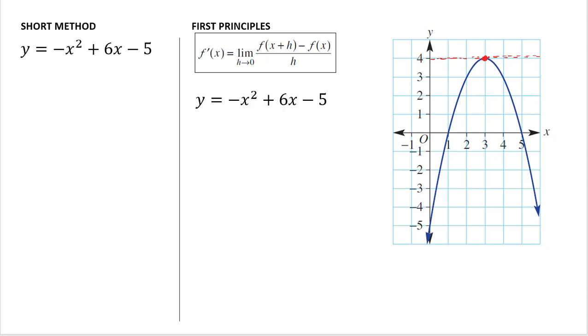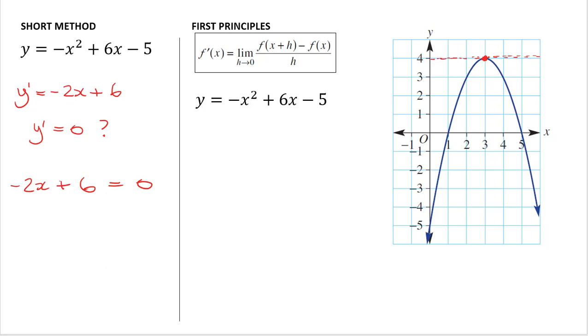So to find the location, if we were to differentiate this function, the 2 will come down the front here, and we'll get minus 2x to the 1, and we can just leave the 1 off there. This term here, plus 6x, will just become plus 6, and the minus 5 will disappear. And our gradient function of this curve is minus 2x plus 6. I want to find where this gradient equals 0. Where is the turning point? Well, we could solve